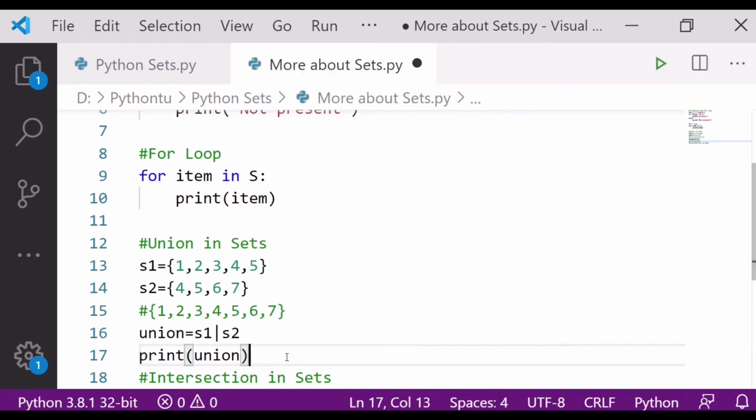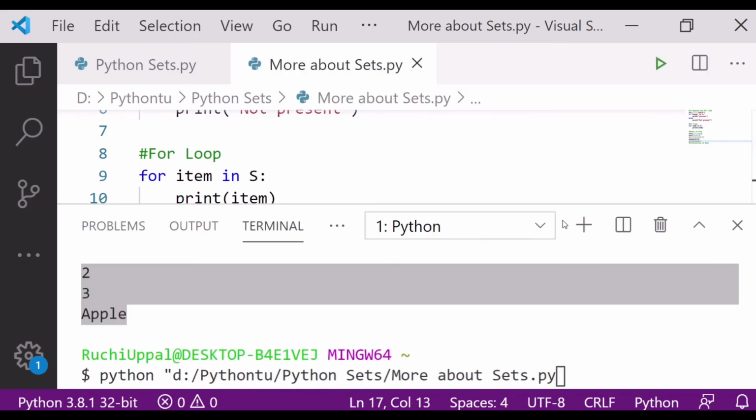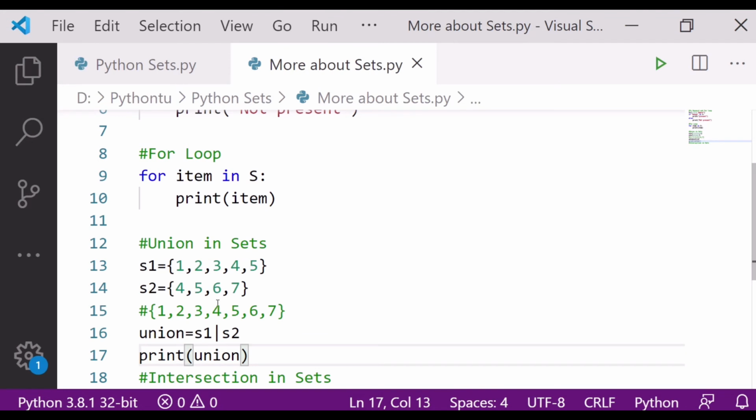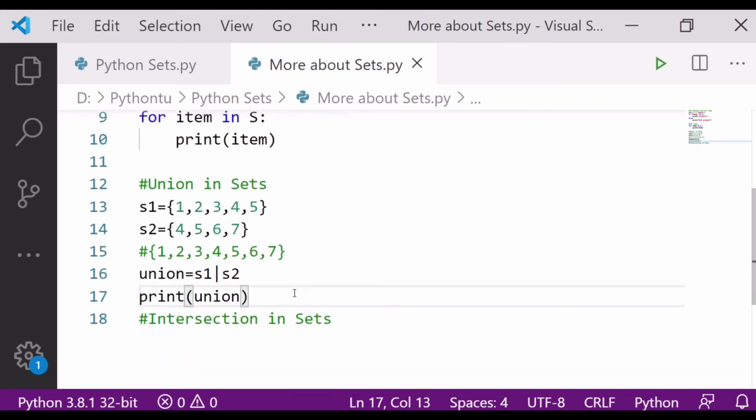Save and let's check the output. Great, so you are seeing here it is combining both the sets S1 and S2, and it also removed the repeated numbers. So this is known as union in sets. It's quite easy, I think.